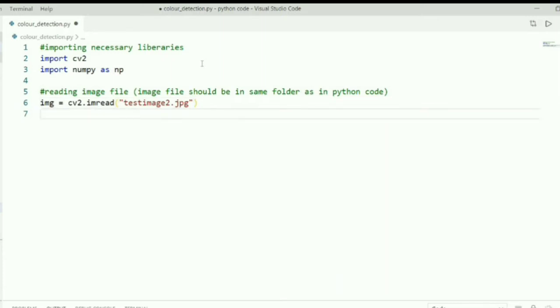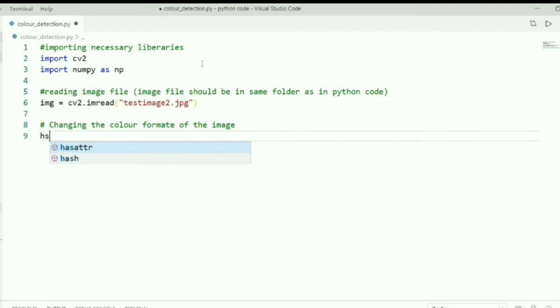Now, as you have written this statement, you are sure that your image will be imported, and your imported image will be stored in the img variable. Now we are going to change the color format of our image.